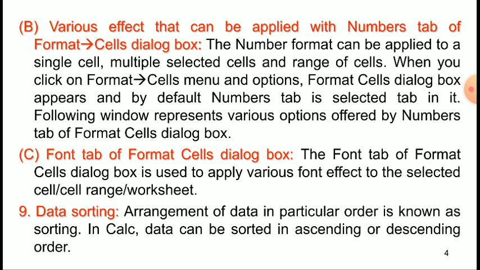The Negative numbers red option, which comes under the Options label of the Numbers tab, displays the selected negative numbers in red color. Next is the Thousands separator option, which comes under the Options label of the Numbers tab and provides a thousands separator to the selected number.